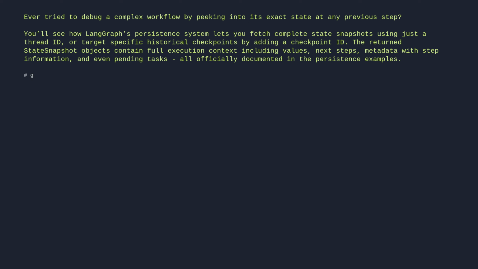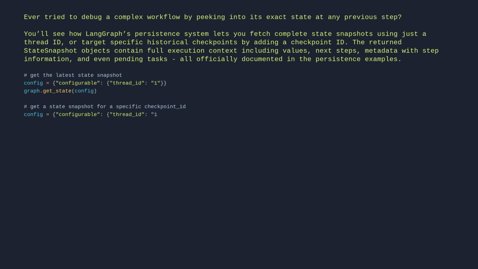# Get the latest state snapshot. config = {"configurable": {"thread_id": "1"}}. graph.get_state(config). # Get a state snapshot for a specific checkpoint_id. config = {"configurable": {"thread_id": "1", "checkpoint_id":